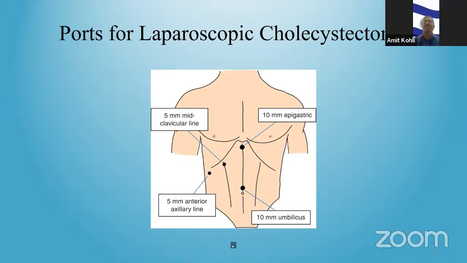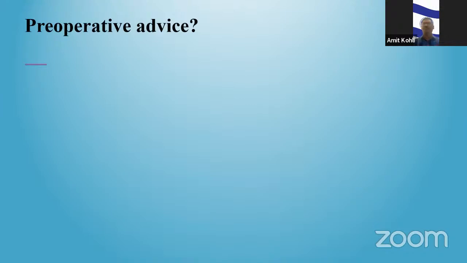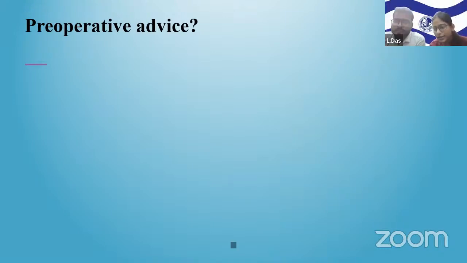So Megha, your patient is now a case of gallbladder disease posted for laparoscopic cholecystectomy. Can you please tell me what are the pre-anesthetic advices to your patient? The patient is coming to you in a PAC clinic, right? Before that, let me ask you one more thing. Suppose the patient has come to you in a pre-anesthetic clinic, and when you are doing the systemic and general physical examination, the blood pressure is around 140 by 96 millimeters of mercury. Would you like to go ahead with the surgery? No, sir, I would not like to go ahead with the surgery.